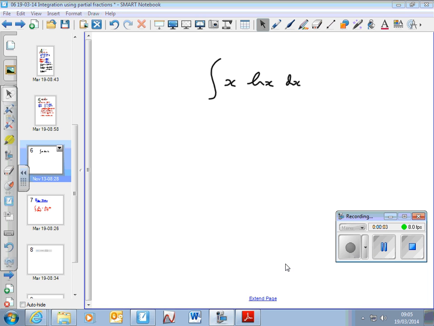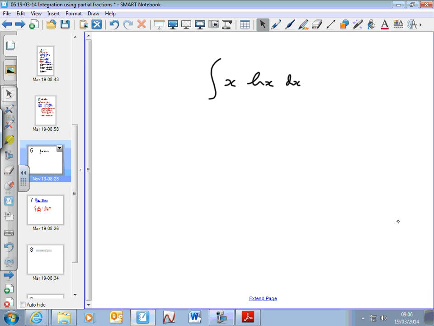So here's an interesting example, and it's in the textbook, so you could have a look at it in there, but let's look at it anyway. On the face of it, it looks pretty straightforward, and you might rightly suspect that I'm going to have to use integration by parts to do this, because x